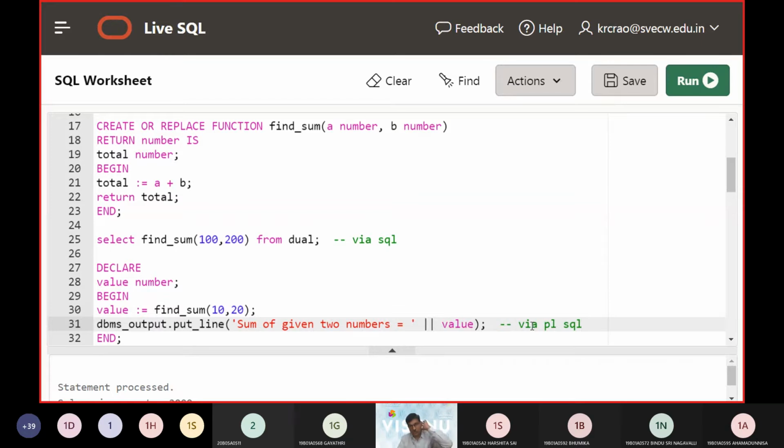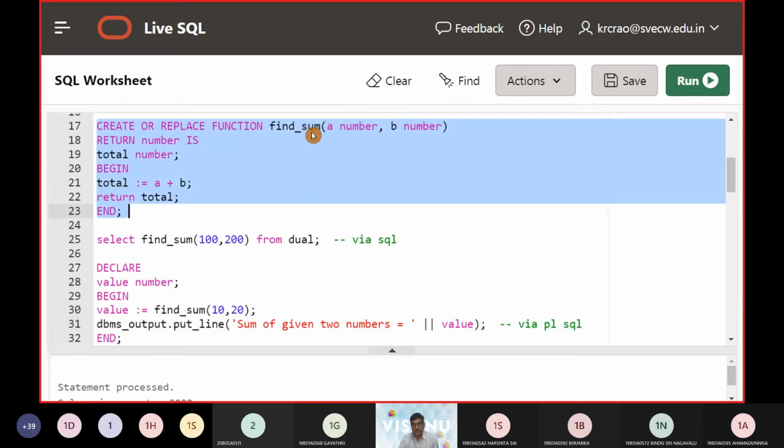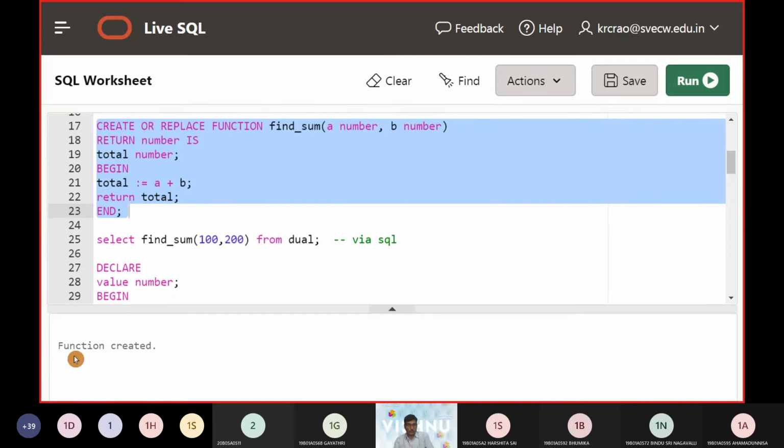The function has a name with two parameters and a return type, does the logic in the block, and returns the value. You can hit this button to see that the function was created.